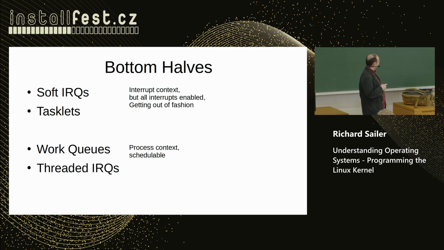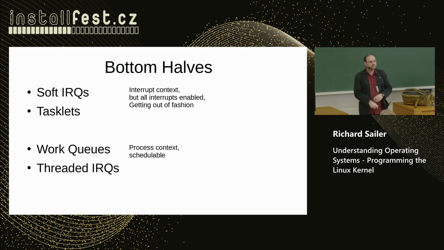So there are also tasklets, so you can add your own function to a tasklet and put that in some struct, and then it gets called. They are pretty common, but the general trend in the Linux kernel is to get away from both of them and to use more these. And these are also bottom halves, so they also do the work of bottom halves, but they run in normal process context. So that's the important thing.